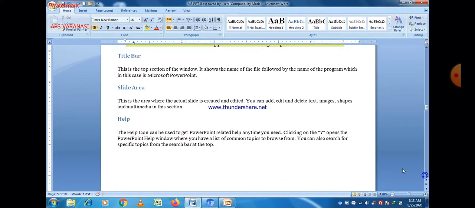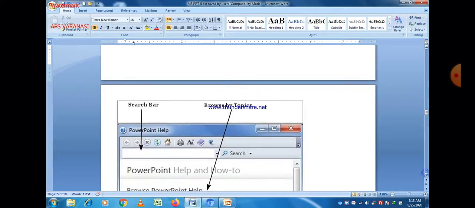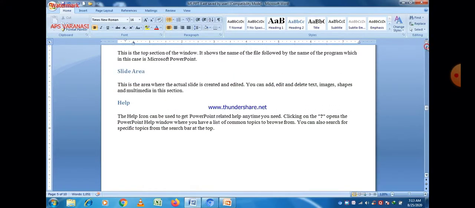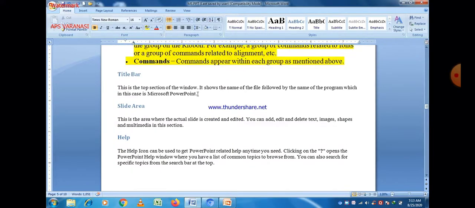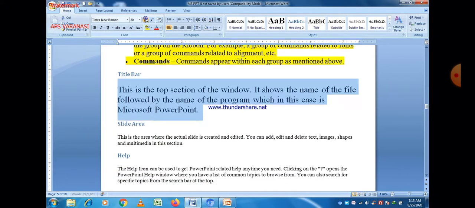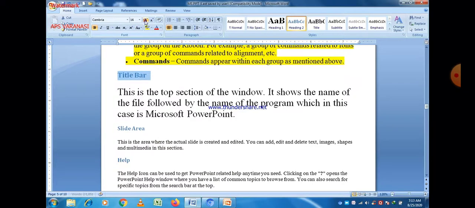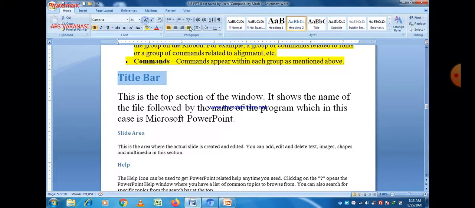Second is the title bar. As the name suggests, the title bar shows the title of the PowerPoint presentation. It is the top section of the window. It shows the name of the file followed by the name of the program, which in this case is Microsoft PowerPoint.